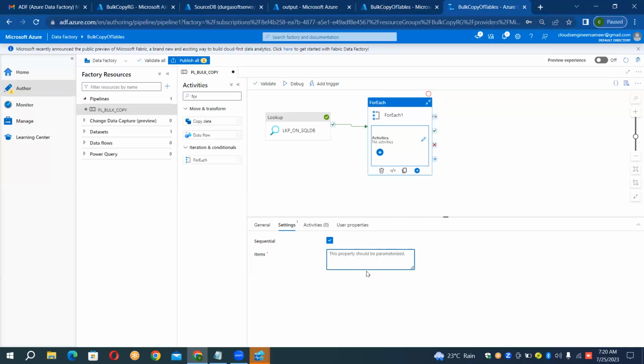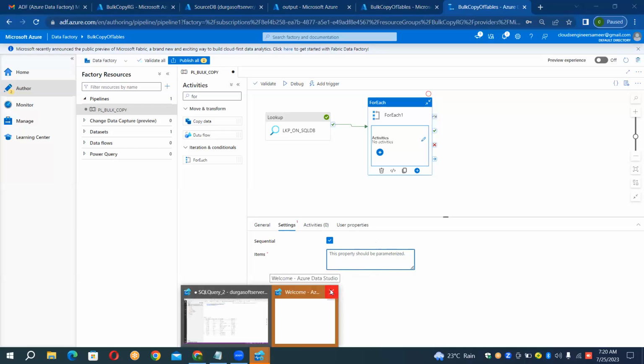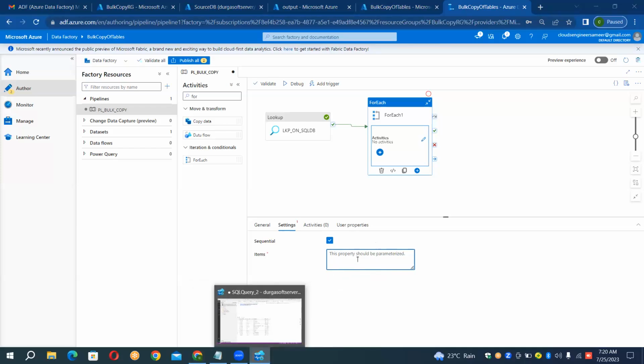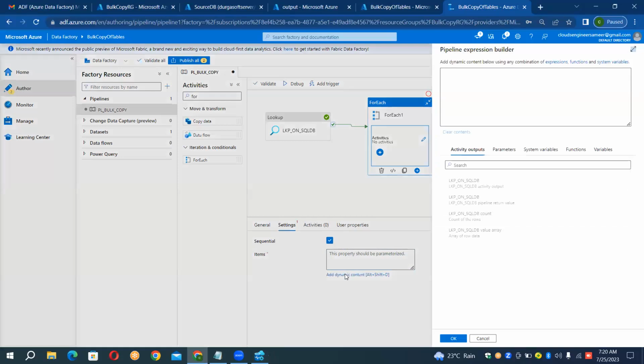We'll get the button here, add dynamic contents in the bottom. And once you get that, then easily you can do it. You got the add dynamic contents. Click on the add dynamic contents. Now write it on the condition for each. For each is receiving the data from the lookup, am I right? So for that, can you see here? Output of the lookup activity. That means the for each will receive the data from the output of the lookup activity. So now write it down: lookup activity, lookup output dot